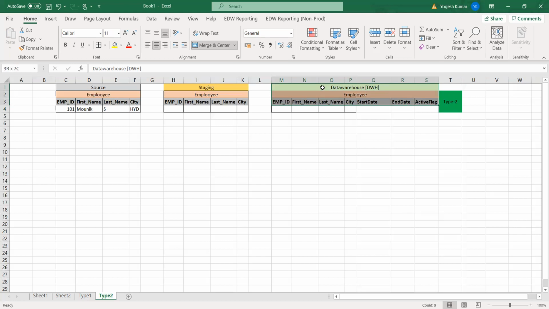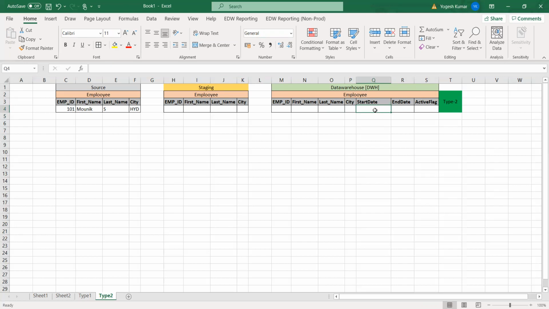Now let me first tell you the purpose of these 3. Then we'll start to load the data. The purpose is, whenever this user, who was staying in Hyderabad, started staying in Hyderabad, that date will come over here. Or whenever this data is loaded into this table in the data warehouse, that will be the start date.